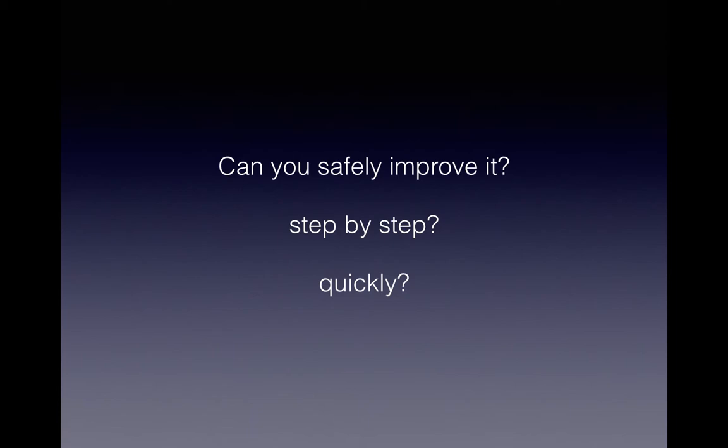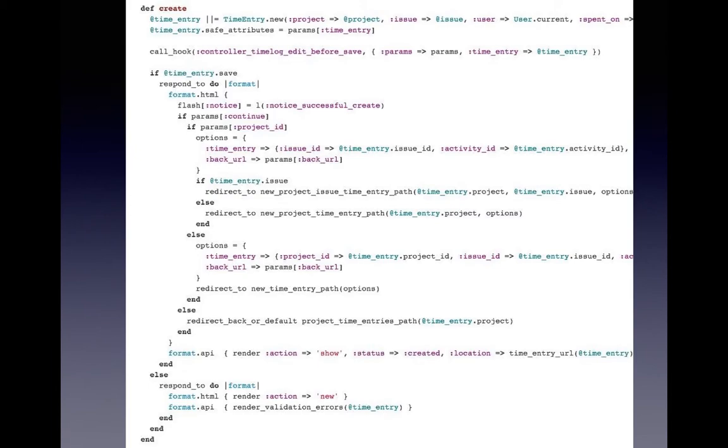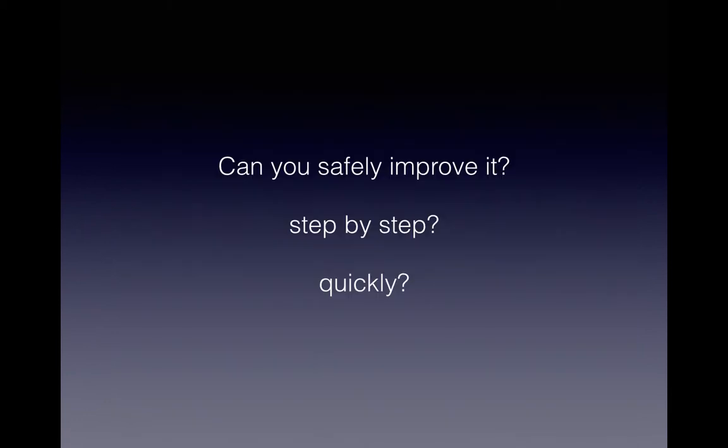So can you safely improve this code? Can you realistically imagine that one day this code will be part of the clean architecture? Can you go there step by step? Can you do it quickly? And safely and quickly are the keywords here. Safely, so that you don't break things because your client, your user will kill you. Quickly, because no one is going to pay just for code improvement. It's not bringing business value. So if you can do it quickly, you can do it as part of the Scout rule, for example, improve the code whenever you are over there.